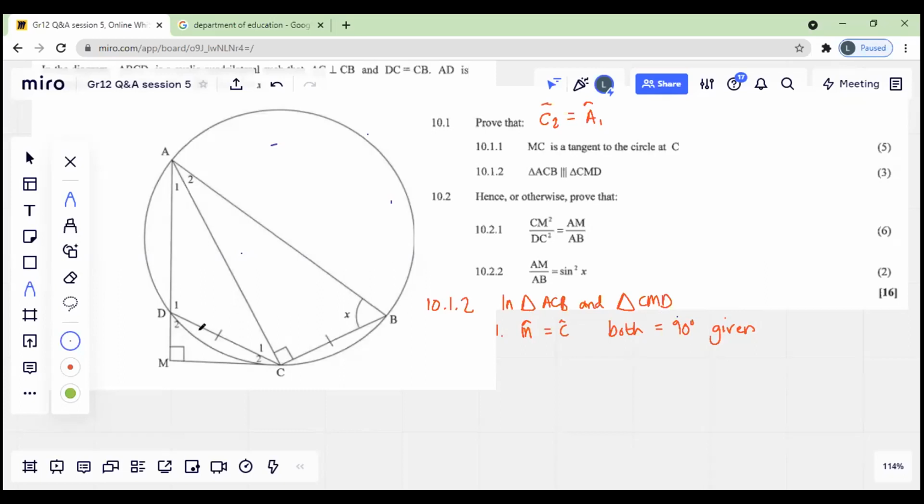Okay, well, we know from the previous question that D2 was equal to 90 minus X, didn't we? And we know that